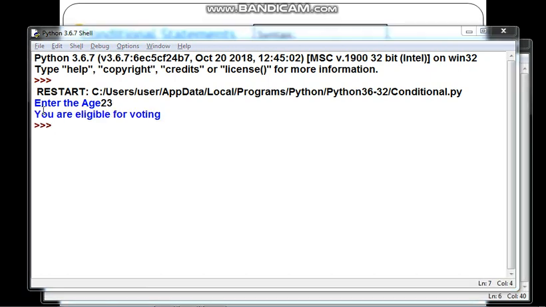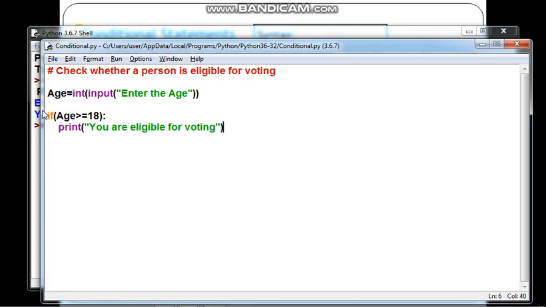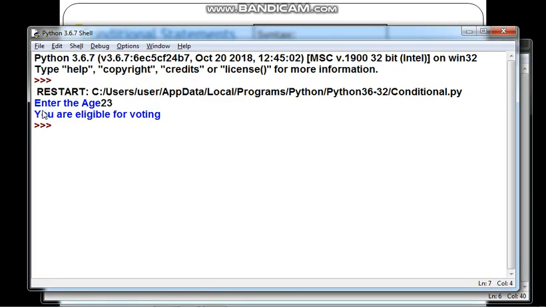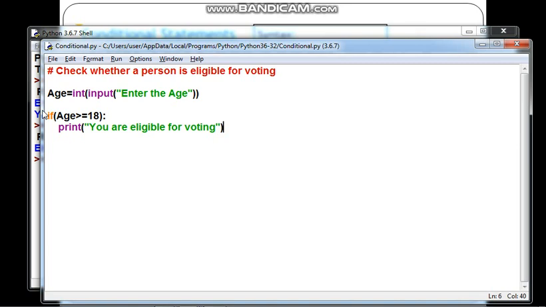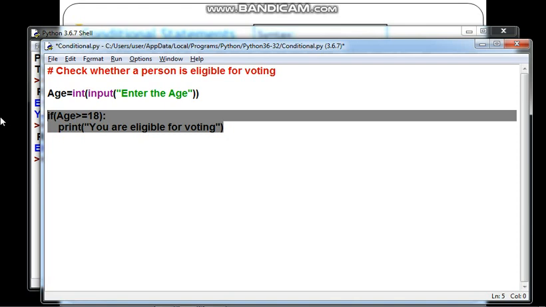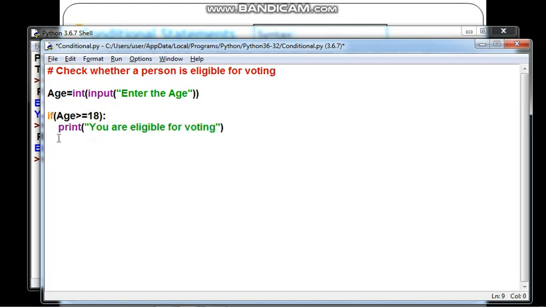Again I am running the same program and inputting 70. What is coming? Nothing is happening, right? So this is not the proper way of giving an answer. So I am making a change. If the age is not greater than or equal to 18, I also need a message for that.